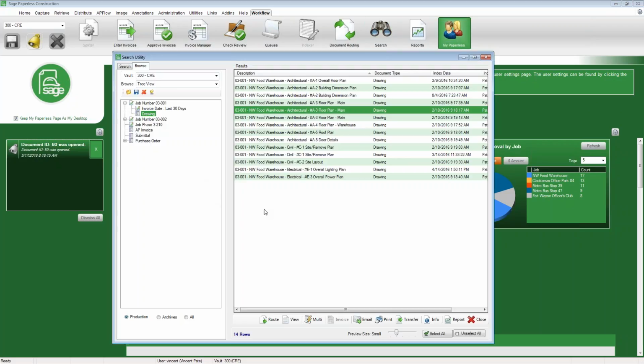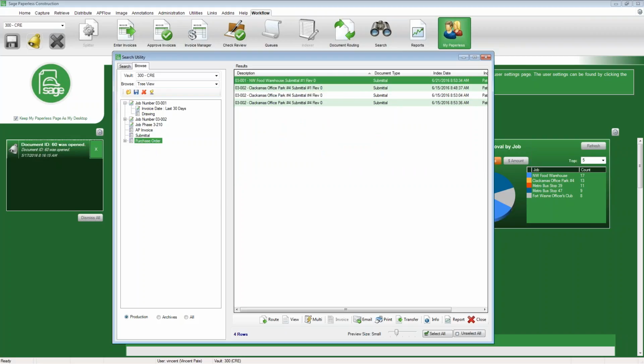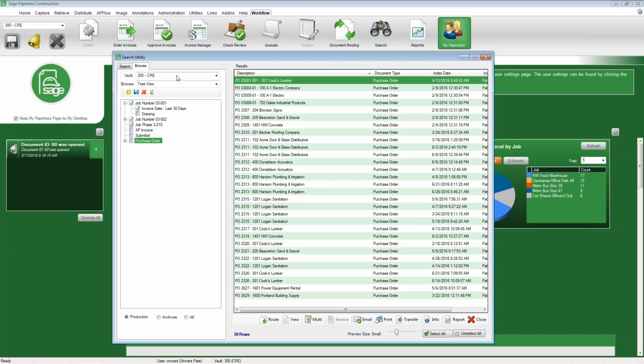We're not limited to AP invoices and the related documents. We can store in your drawing logs, your submittals, your purchase orders. Everything is available, saved in the system for this to be a truly paperless environment. You can turn your entire filing cabinet into a place to store everything. And we keep everything set up in such a way that you can completely track all the documents' longevity